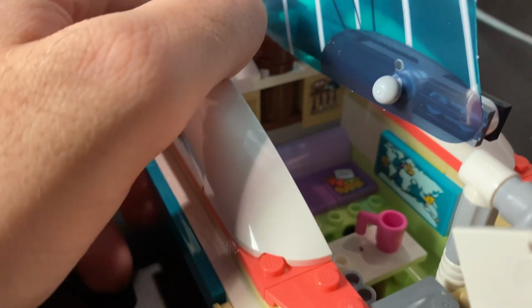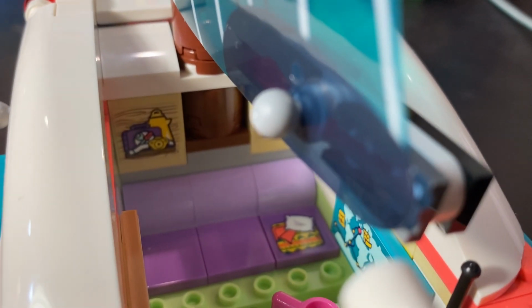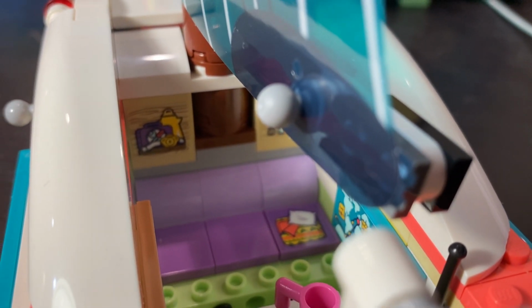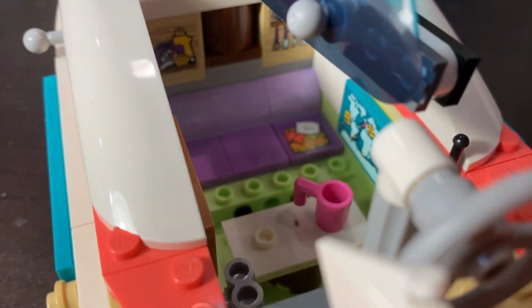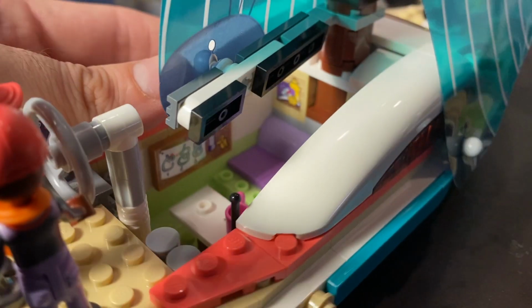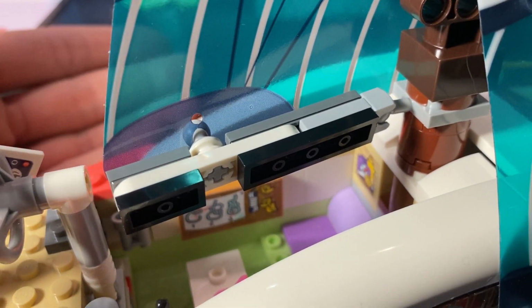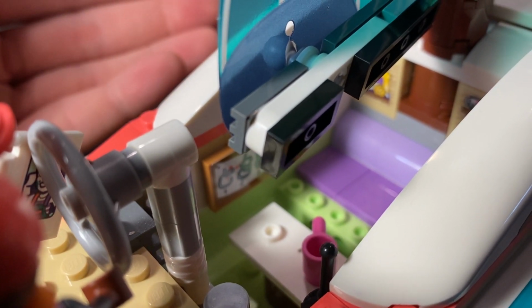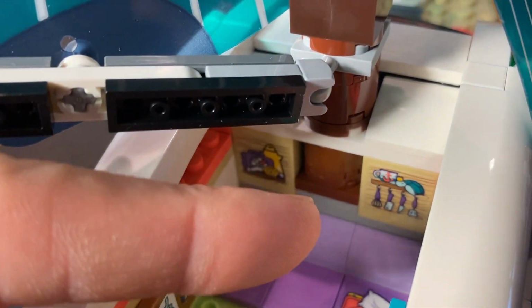Looking inside to the back, we have some lounge space. Looks like a sofa with some plush pillows here, some wall decor here, and like I say, continued use of stickers. As an adult fan of LEGO, I would prefer to have these be actual LEGO accessories, and other Friends sets do have non-printed, non-stickered assemblies. Like the utensils are definitely